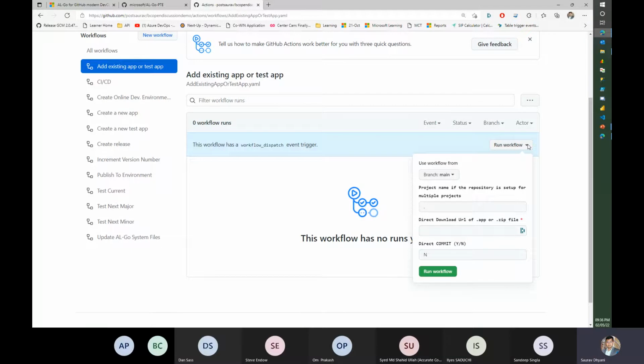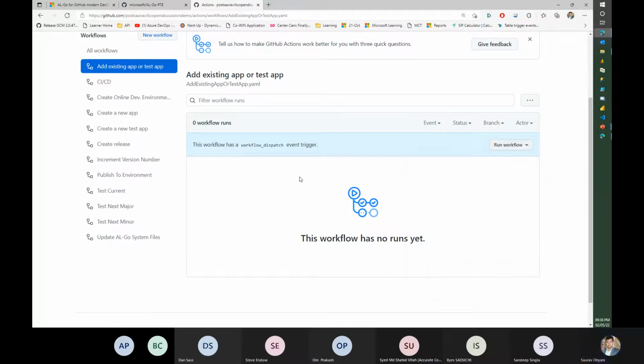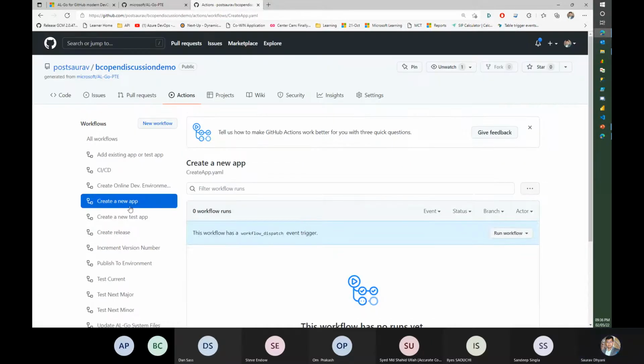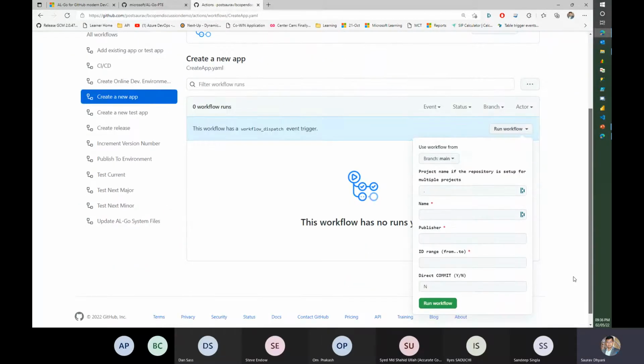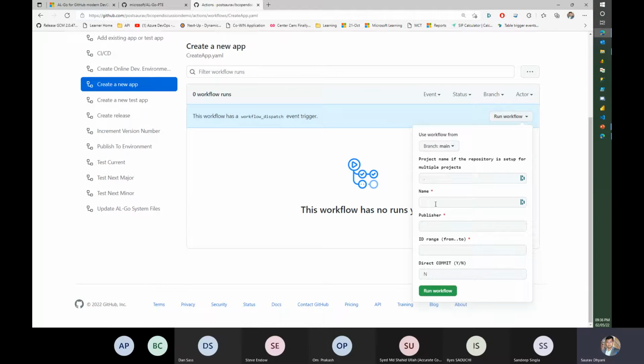Okay, so it says project name if the repo is set up for multiple projects, which means if you're using workspaces, and a link to download the app file or the zip file for your app. Okay, maybe let's create a new app and see whether it does it or not. Create a new app, run workflow, and here it is: project name if repo is set up for multiple projects, none, name,